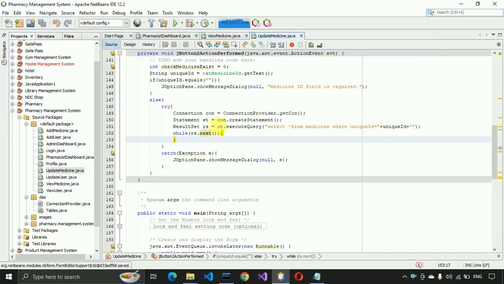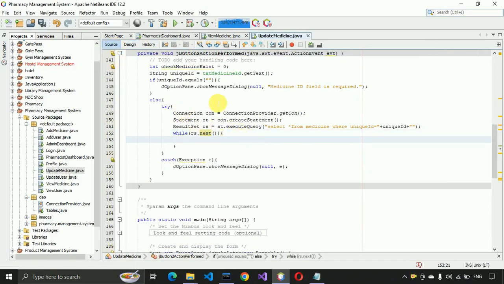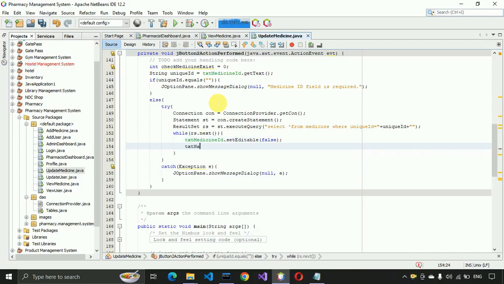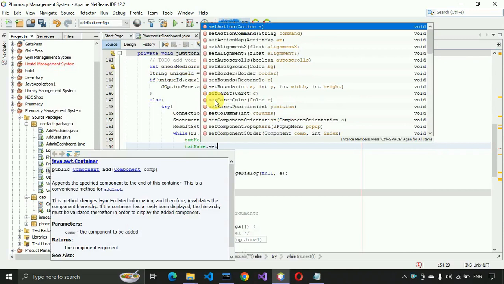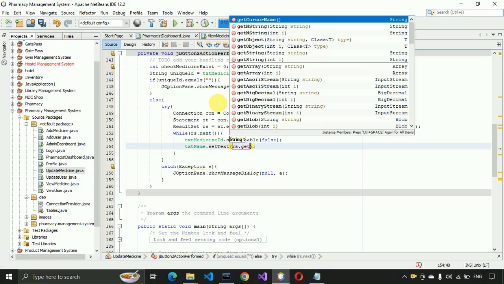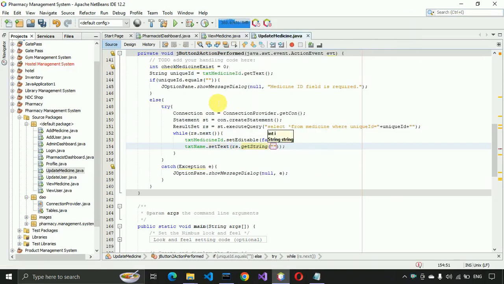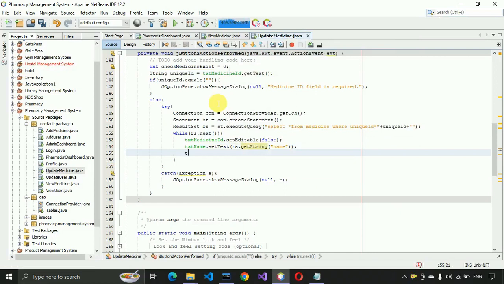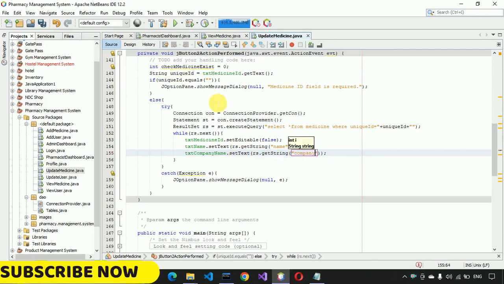Save this, get back to the source over here, and we also need to disable that field, txt medicine id dot setEditable, and I'm going to make it as false. txtName.setText, and here we have to write rs.getString, and here we have to write name. After that, txtCompanyName.setText and rs.getString, and here we have to write company name